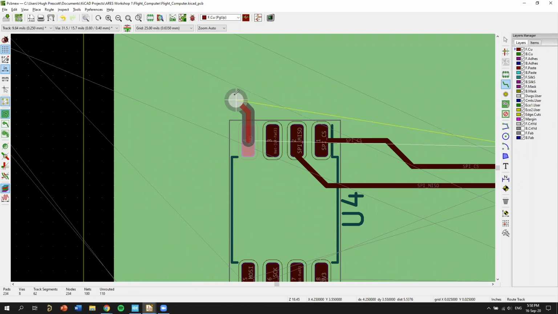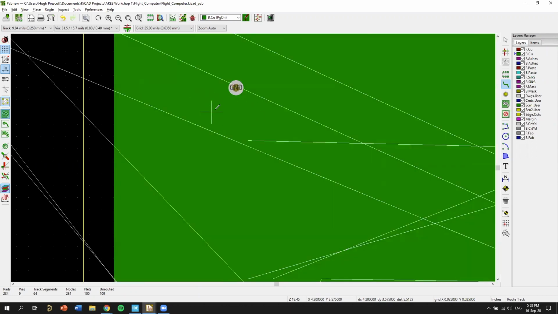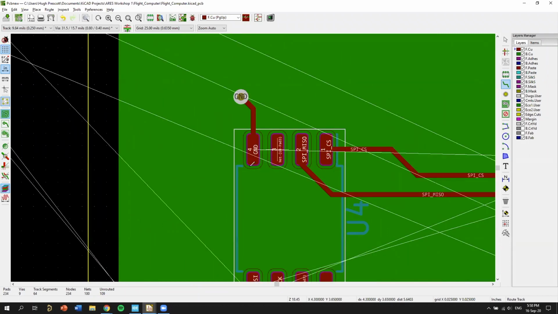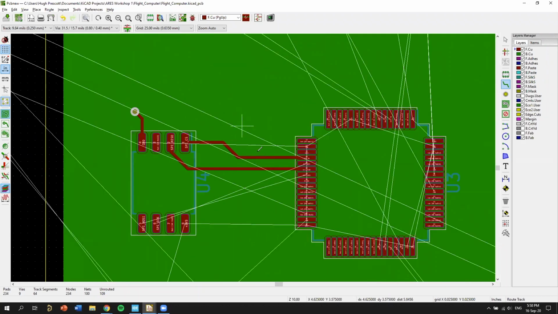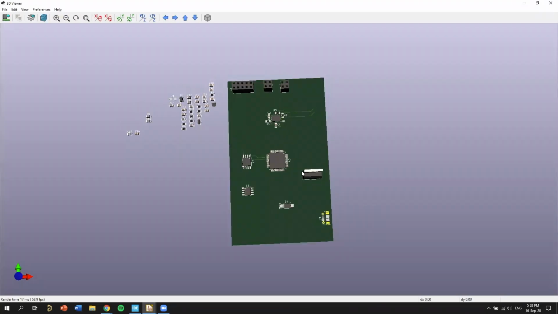Here's another thing, if you don't remember. If we start routing something and press V, we place a via. A via connects the top layer to the bottom layer. So for this ground, we just want to connect ground to this big green section on the bottom of the board. We're coming to the end of time, but